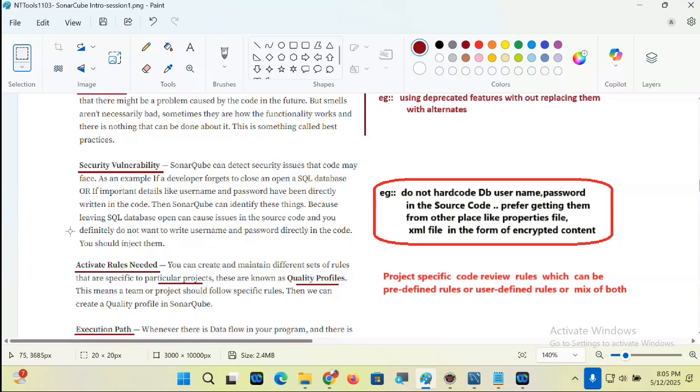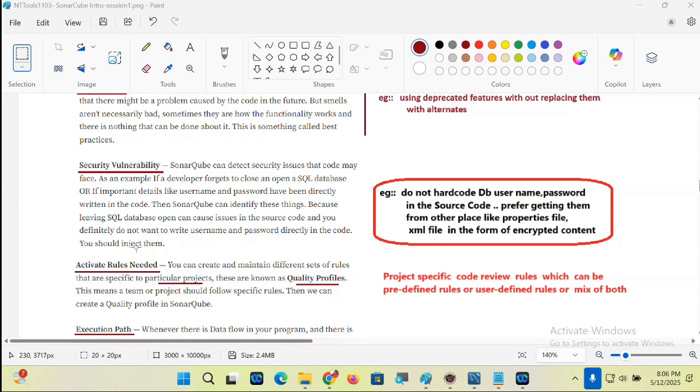And you definitely don't want to write username and password directly in the code. You should inject them. Inject them means what? You should always collect them from outside.